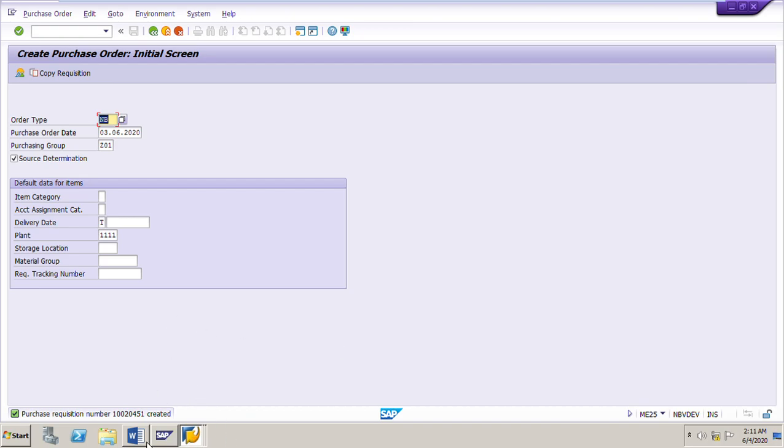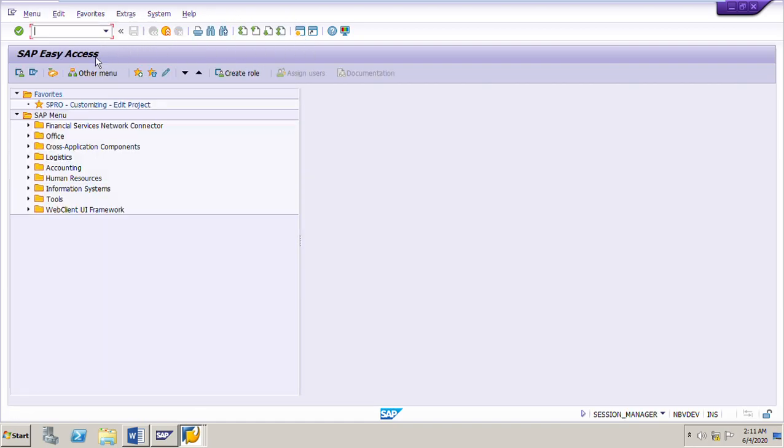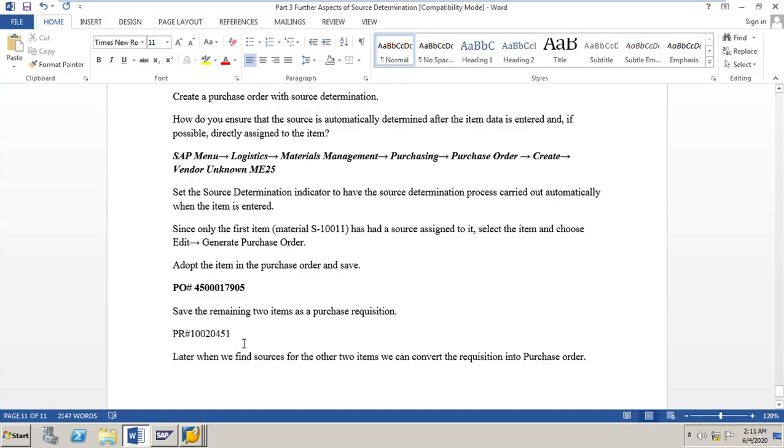And the purchase order also, anytime. For example, if you want to display the purchase requisition, open one more screen and go to ME53N. Put that purchase requisition number here: 100200451.